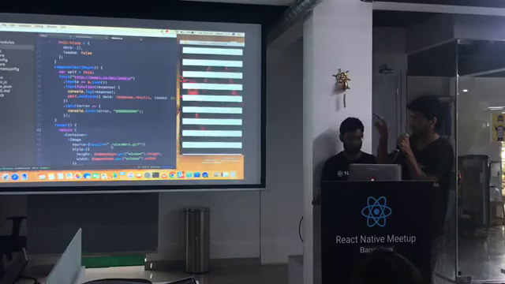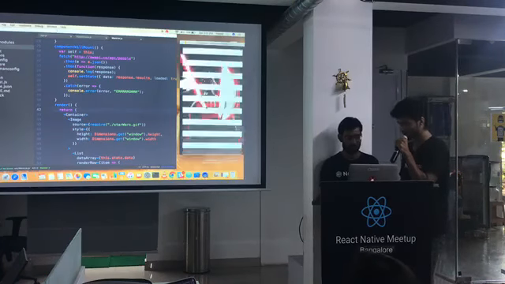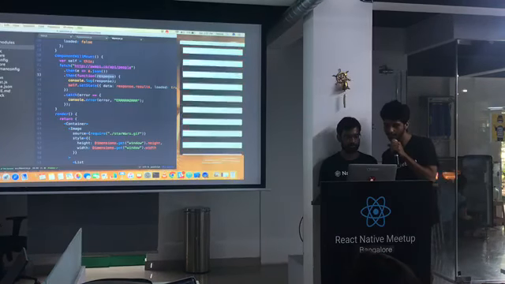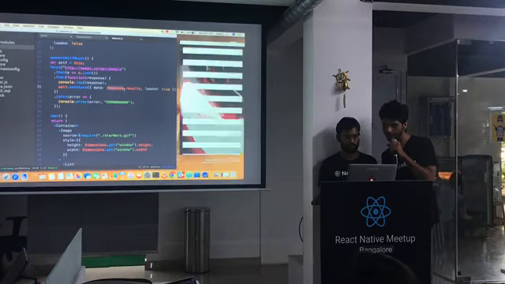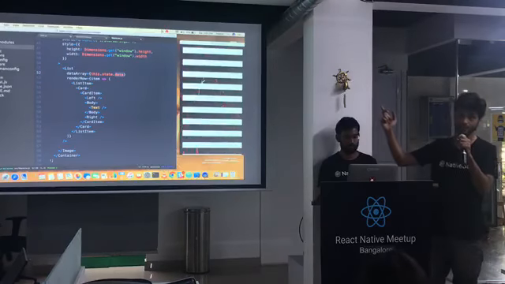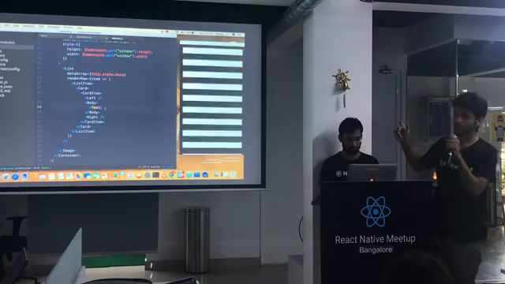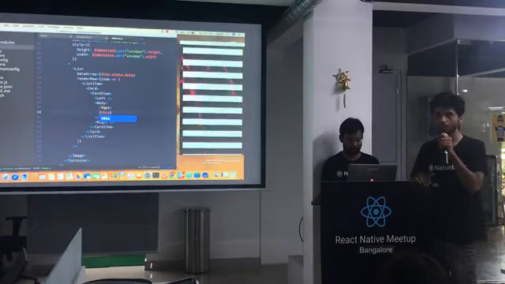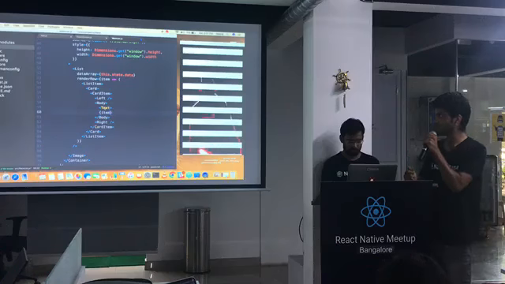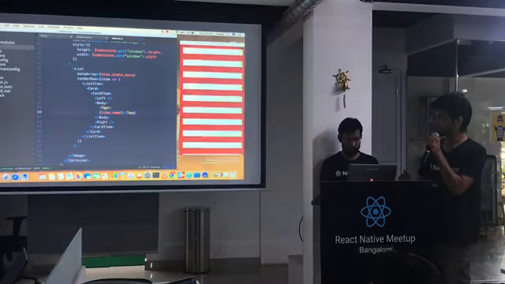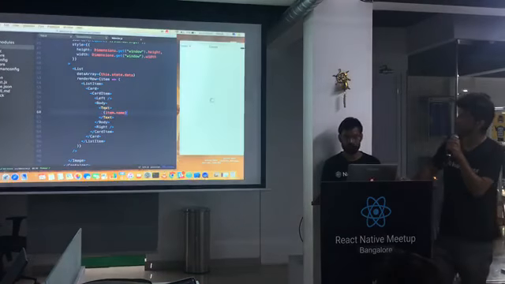Once the response comes in the .then function, as you can see, we've logged the data and then passed it inside the state. So in our list, you'll notice that we are using the state variable data. So it's getting populated like this. We are able to see the list, but nothing appears here. That's because we haven't passed anything. For now, we just want the names of different items to be displayed. So we just do item.name and then we close the text tag. And that would be it.